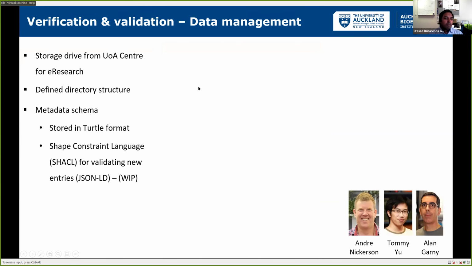Now, one of the things we need to do is keep information regarding the data with that data. So this is where metadata comes in. We really wanted to make sure we were using best practice and best standards. So we went over to talk to Andre, Tommy and Alan, and we got some really good advice on how we could store our data in formats that address a lot of the issues you have when you're trying to interrogate a data set and use it subsequently